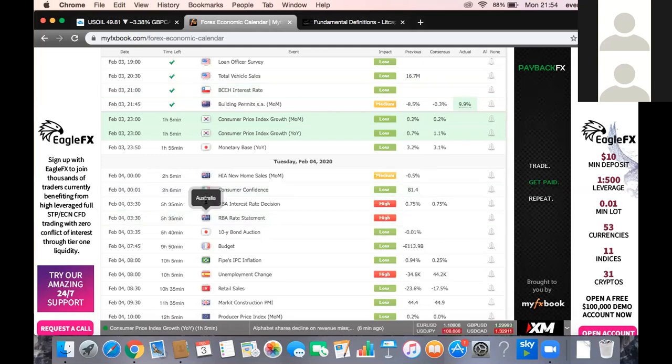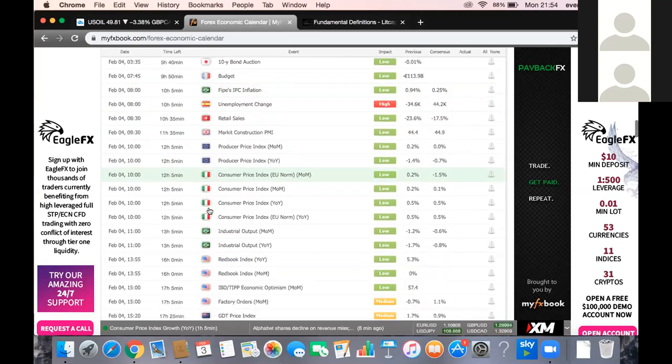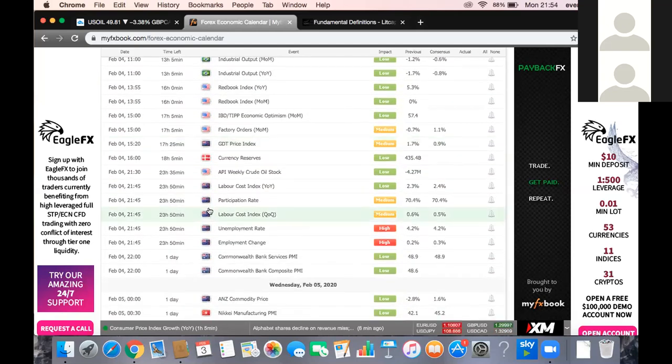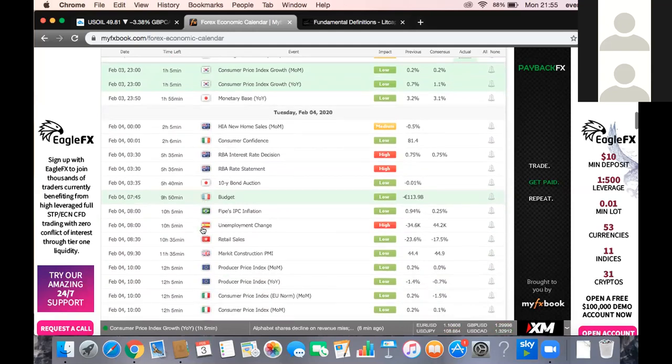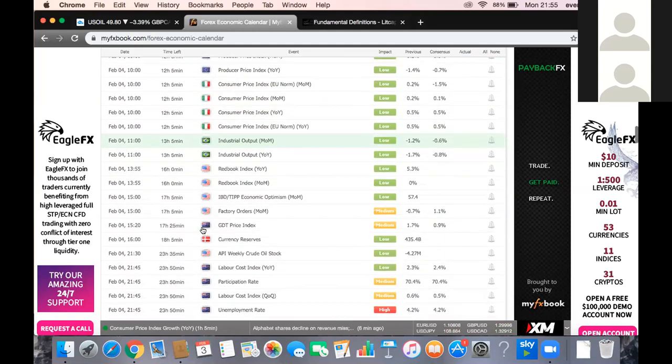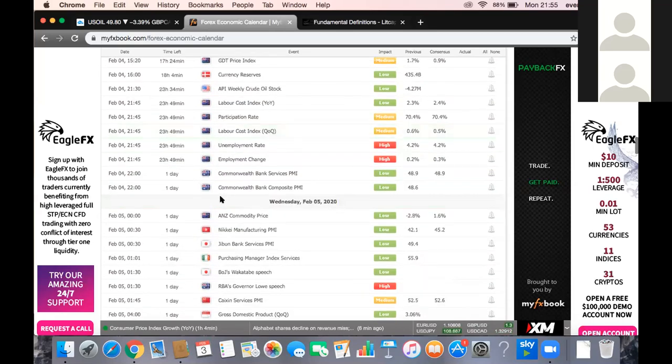But we have the Australian interest rate, so that's due to be very lucrative in terms of volatility tomorrow. Definitely look out for that. It's also followed by the unemployment rate for New Zealand. AUD and NZD do tend to follow each other in terms of direction, so definitely have a look out for tomorrow. We do have a lot of news with those pairs.